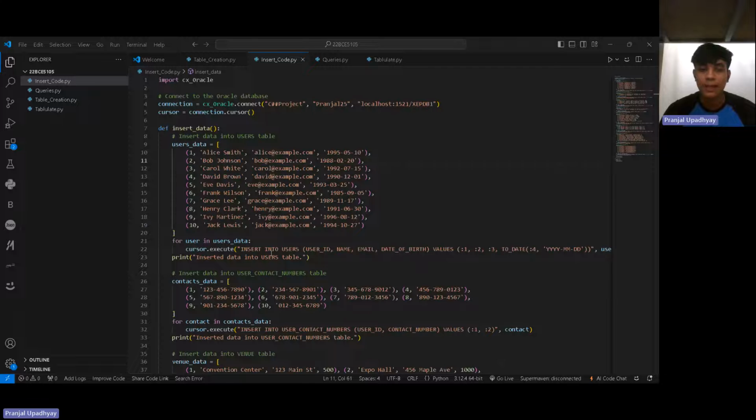Organizers entity. Organizers manage the events on the platform. Each organizer has a unique organizer ID, name, and contact information. Organizers can manage multiple events. Venue entity. The venue is where events are held. Each venue has a unique venue ID, name, address, and capacity. Additional requirements for this scenario are: